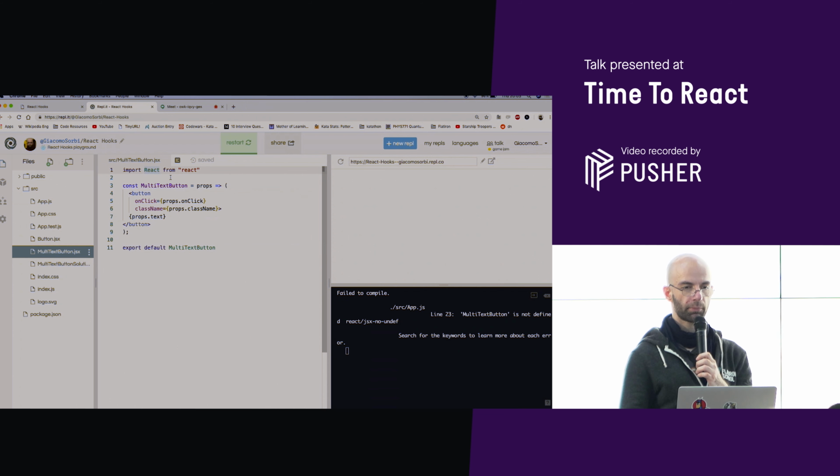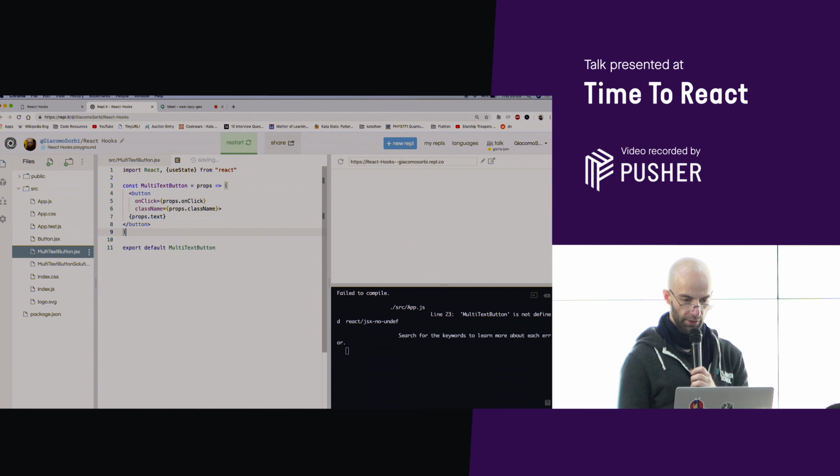First of all, we import useState, okay? Then let's expand a bit this function. We don't want it to be any longer something which directly returns. We need it to be a bit more sophisticated, let's say.